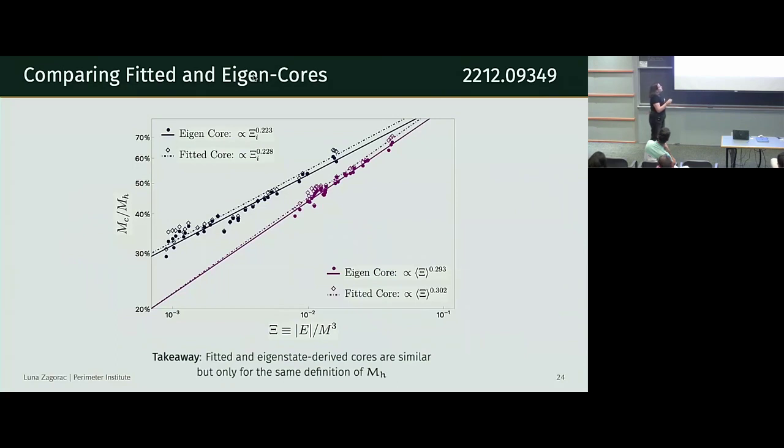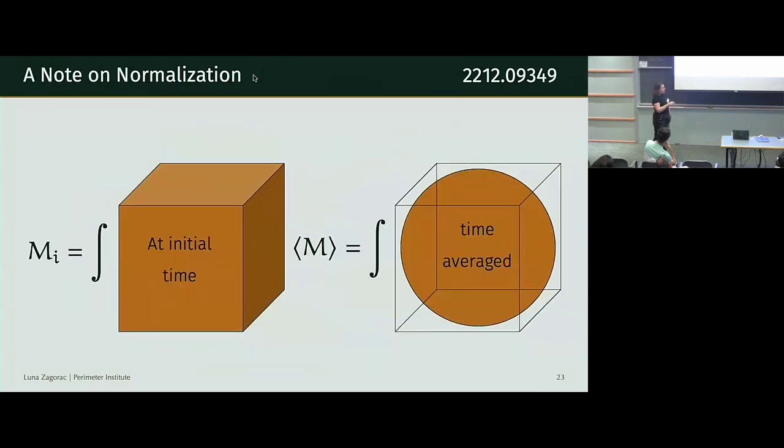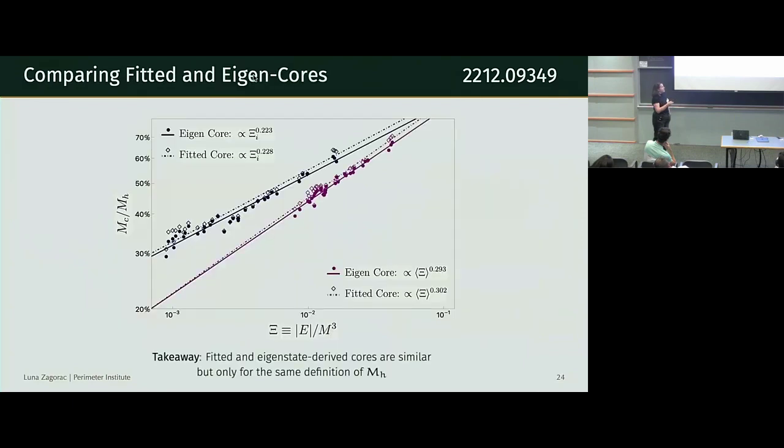And what we can see is that these don't really differ that much from each other. The fits are 0.223 and 0.228. I would read both of these as about a quarter, so that's sort of the Schwabe et al. number that they got. And so they're not really that different depending on how I define my core. On the other hand, if I look at the purple here and I think about the average mass of a halo, so now this is how we're defining the halo mass, I can again look at the eigencores, which are in full, and the fitted cores, which are empty diamonds, and then dot dash.